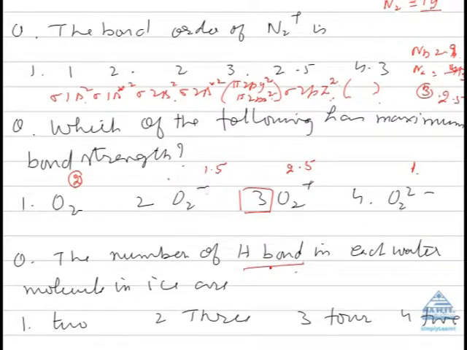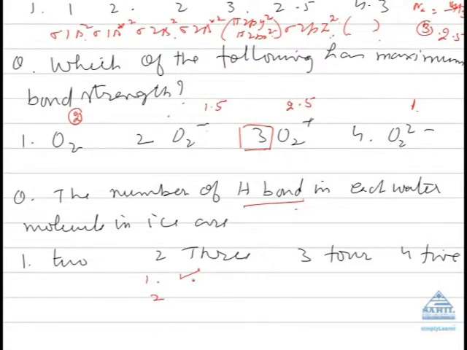Regarding hydrogen bond, you must remember one thing in mind, that a hydrogen bond can exist only if, number one, the atom is highly electronegative, number two, this highly electronegative atom has a lone pair of electrons, number three, it is bonded to a hydrogen atom. So hydrogen bond exists only with oxygen, fluorine and nitrogen. Now the question is, how many hydrogen bonds are there with each water molecule? Let us draw the structure of water.